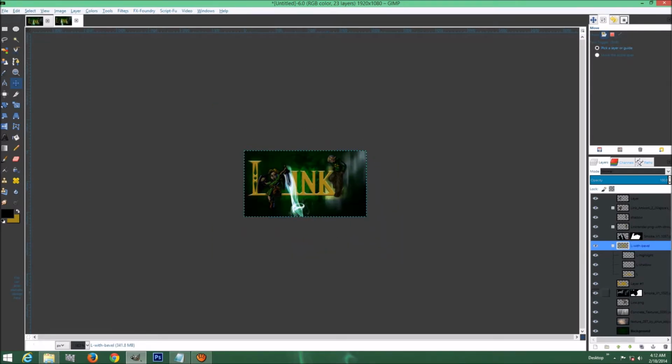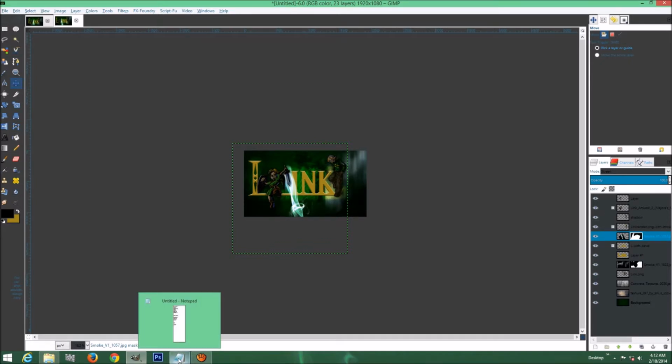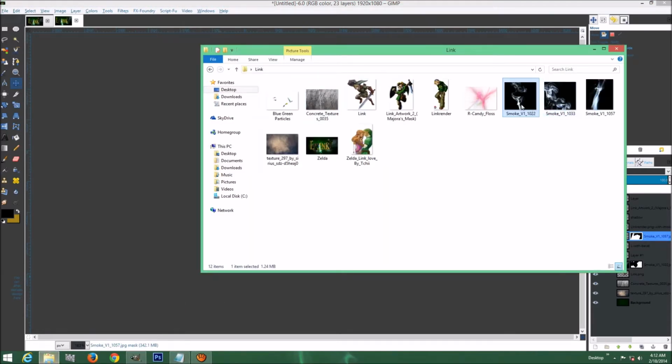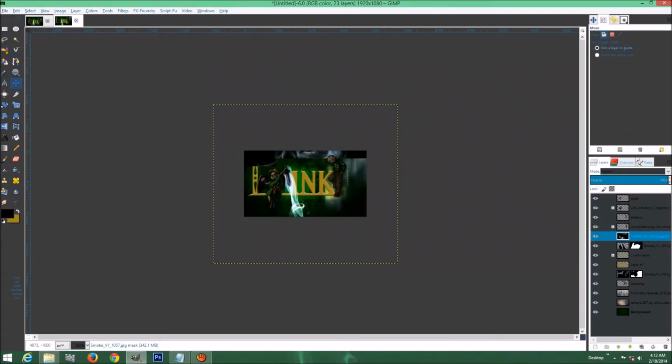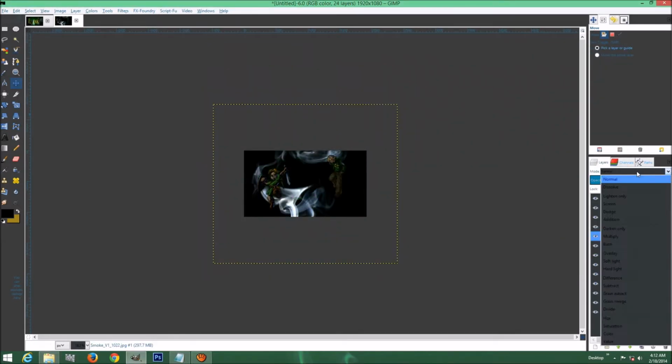I'm going back real quick because I apologize. For some reason this won't let me take this out of this layer group, but if that does happen to you, you'll be able to just grab the layer and move it out of there. But since my screen program is not working right, I'm going to go ahead and click on that layer right there with the other smoke, and now I'm going to add this image and put it on screen,